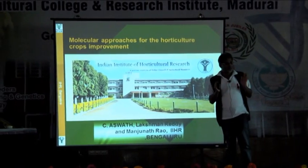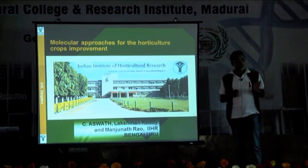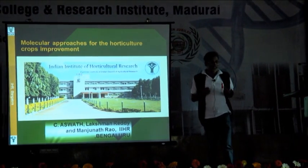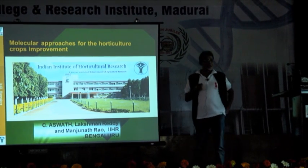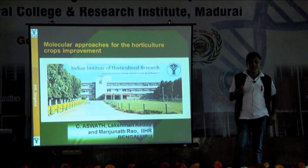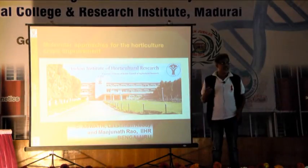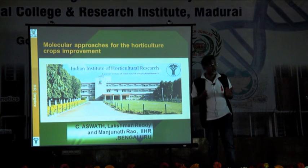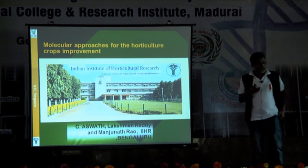and the farmers. Probably deliberately, I did not mention the biotechnologists because the biotechnologist's role will come afterwards. I know for the last 20 years, a lot of work is going on in biotechnology. Now, as head of biotechnology for the last 5 years, a lot of funding from the ICAR, millions of rupees, has been given. What are the products which have come out? In fact, it was very difficult to say that all the markers will not give a product, all the technologies will not give a product, but it was very difficult to convince the ICAR also that biotechnology will not give a product very shortly. But after seeing this, probably you will decide that definitely we'll have better products in